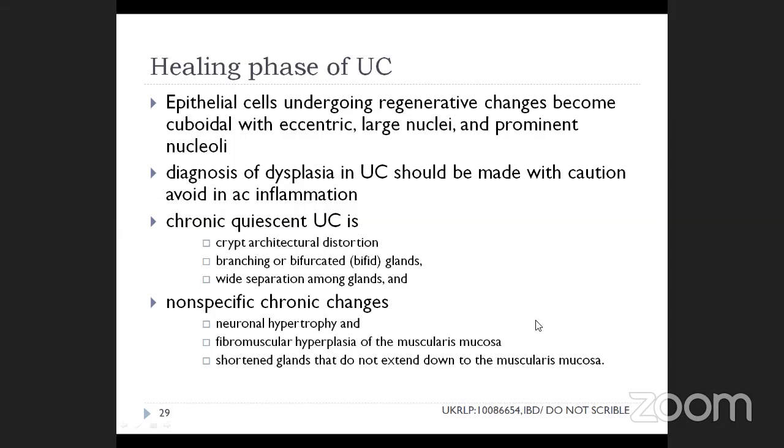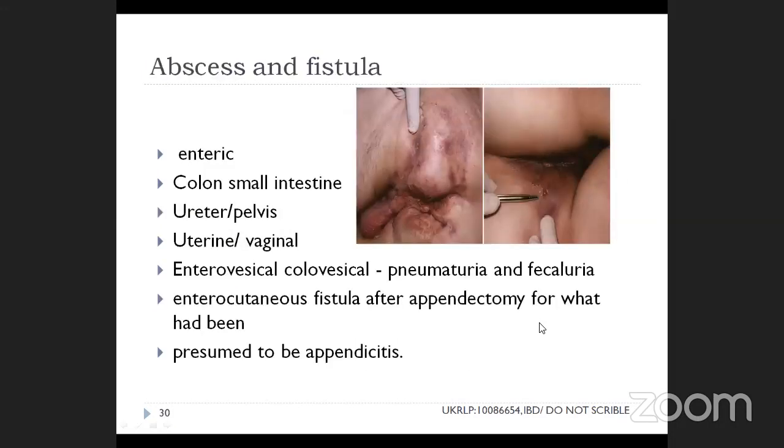This is a classical feature of perianal disease of Crohn's disease, where you can see plenty of fistulae, which is otherwise called watering-can perineum. Abscesses and fistulae are more common with Crohn's disease. As I said, there can be a fistula between two loops of small intestine, which is called an enteroenteric fistula, or a coloenteric fistula between the colon and the small intestine.